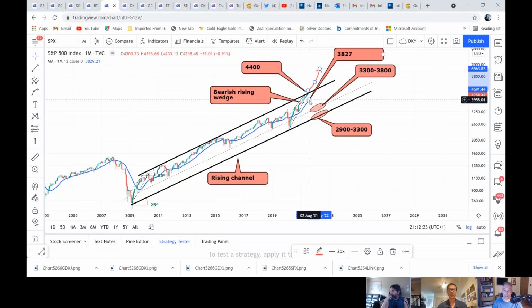The attraction points are back down to the 12-month moving average, somewhere around 3829, I think it is now actually, or the support line that's shown here around the 3,300 to 3,800 area, depending on when price was to get down there. And then below that, of course, you've got the lower support line of the channel itself. So move below that and things suddenly get really serious. The wheels do start to fall off a bit below that. But any sort of price movement down as far as the bottom of this channel would, from a technical point of view, be viewed as something pretty normal and pretty healthy, involving, I suppose, about a 25%